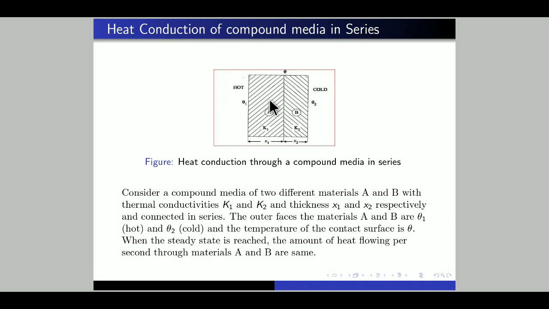If you keep thermometers in the blocks of A and B while heat is flowing through them, the different blocks show different temperatures, but there is no change in temperature with respect to time. The temperature differs from the hot end. That is, steady state means the temperature changes with respect to only distance from the hot end, not with respect to time.